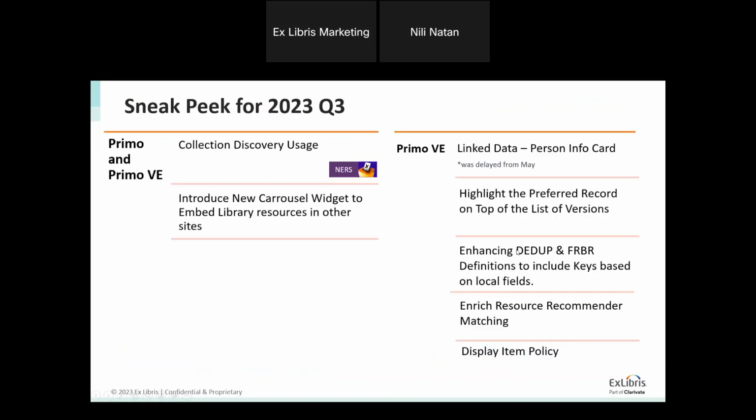What is coming in the next release, in the next quarter? There is another new way of providing analytics for collection discovery usage, so you will see the collections that are highly used. We are also working to introduce a new carousel widget. It's a component that you can take and embed in faculty sites and university sites to increase traffic to your library. So you will be able to define